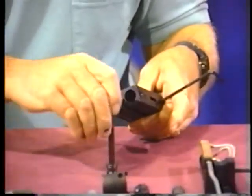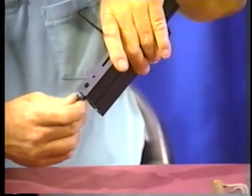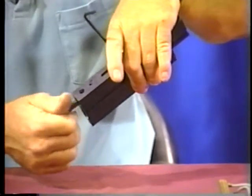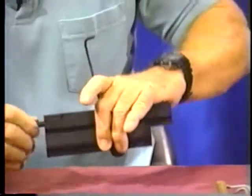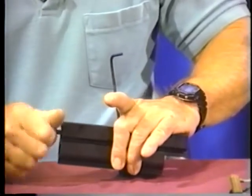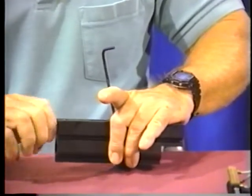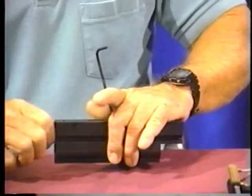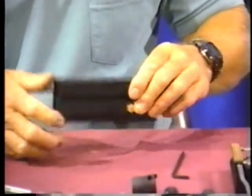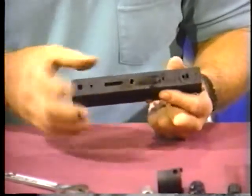Come out here and grab the nut. Might have to tilt it up a little bit. Put it in there. Should start very easily by hand. That's an important one, not to cross thread. Yeah, you don't want to cross thread this because it's very easy to do, and you just use your fingers. If you got to use a wrench to turn it more than, you know, a half a turn, then you got a problem. Now when you get it pretty snug, take the wrench, look down inside there,